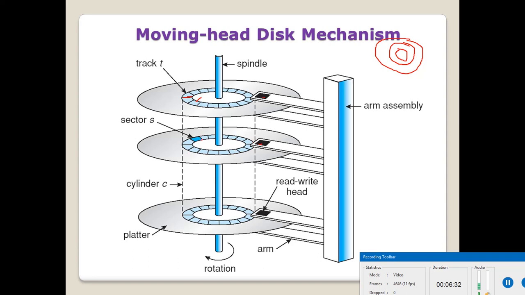So for example, if the information has to be stored on this sector, then first of all the desired track must be found, then this sector must be rotated under this read-write head. So random access time is the sum of seek time and the rotational latency.